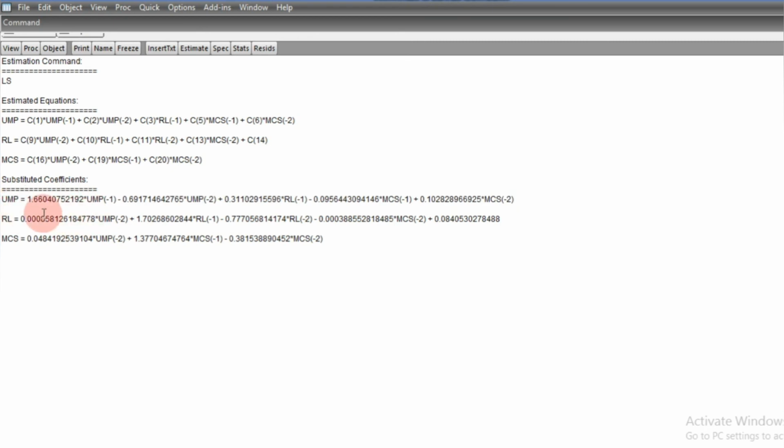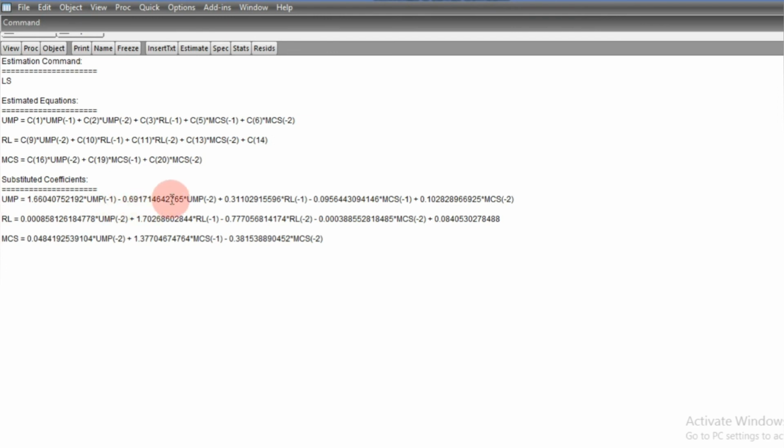For instance, this first one, which is a past value of UMP, we can interpret it to say that a percentage increase in the previous value of UMP will bring about 1.66% increase in the current value of UMP.